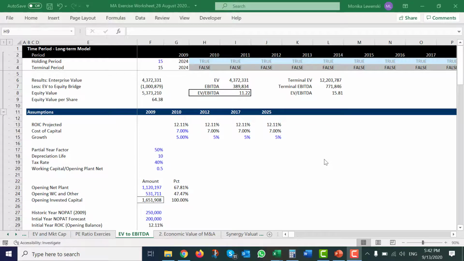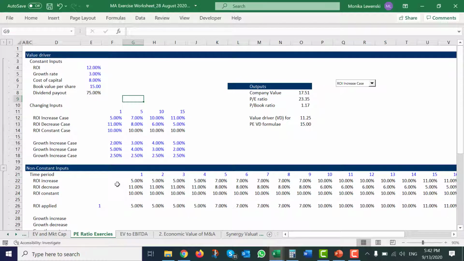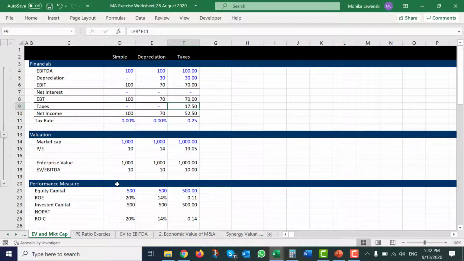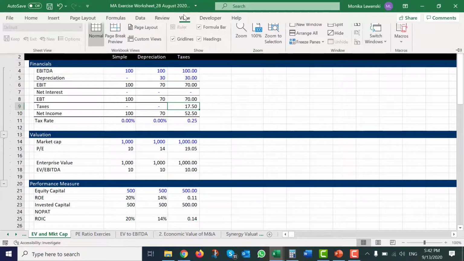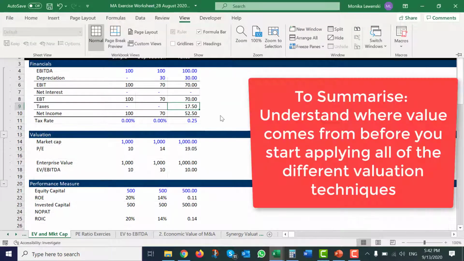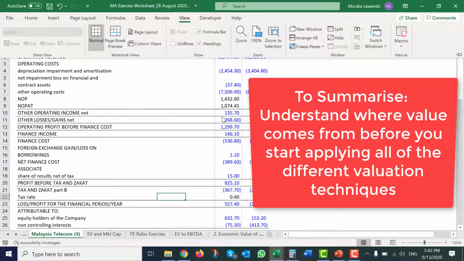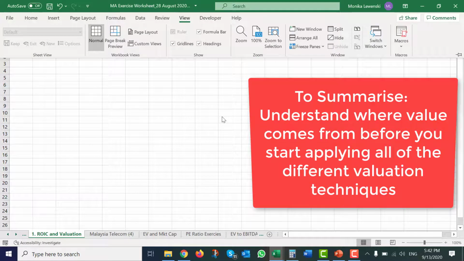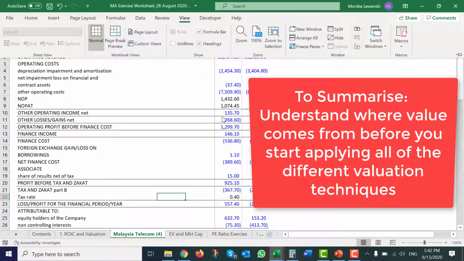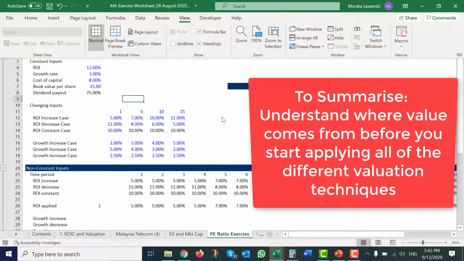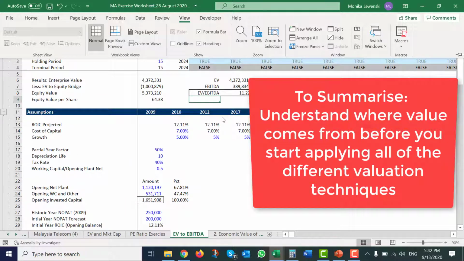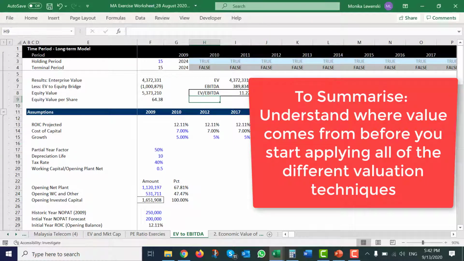PV, okay, so this is the end of part one. This is the end of part one, and before we've talked about any of the real different valuation methods, and before we've gone into the details of the ways we can compute the benefits and costs of an M&A transaction, before we've done any of this, we've had some discussion on what really